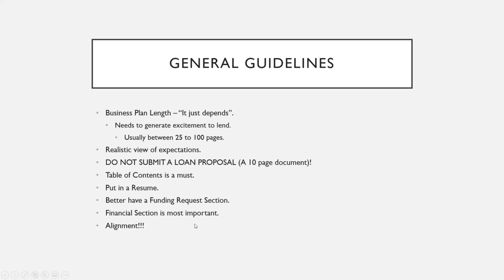Next is going to be your financial section. That's the most important section. They want to know how much money you're going to make. What do you expect to sell? Do you expect to sell more of product A or more of product B? What are your cost of goods? How much does it cost you to get product B? How much are you going to sell product B for? How many products are you going to sell in a day? All that information, they want to see it.